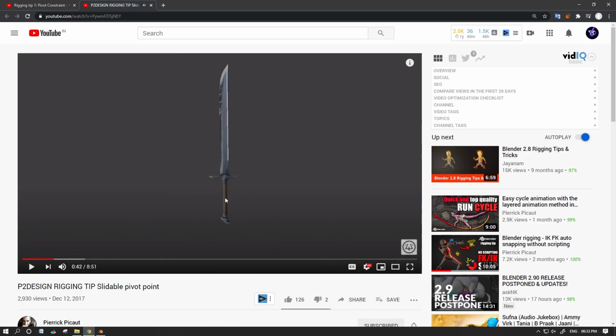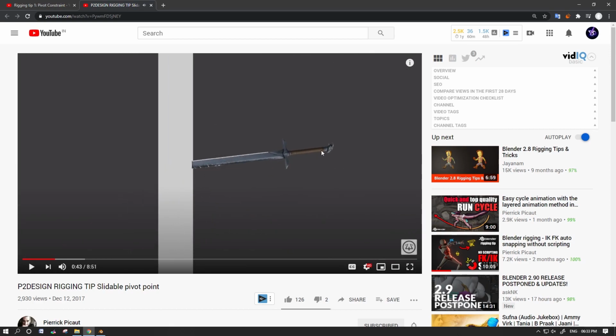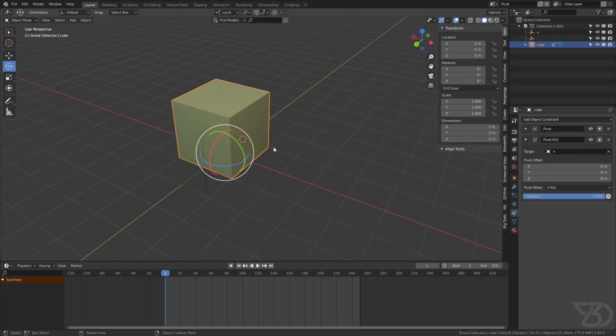Okay, so now see, when we are throwing the sword, the pivot is over here, and as soon as we throw it, the pivot is over here because it's rotating from here. And then as soon as this touches this object, this wall, the pivot is now on the tip of the sword. So we can use this constraint to create that type of complex animation pretty easily. So let's move to the last one, which is